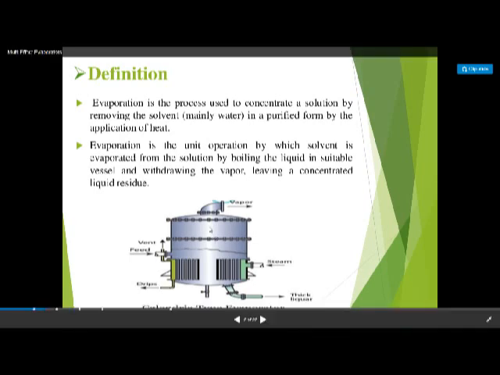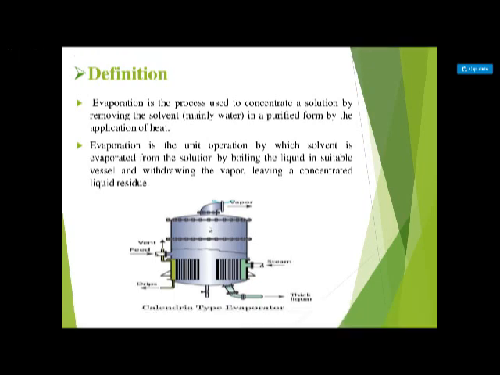So what is the principle of that? The steam which is used in the first effect, the output of that, or the vapors of that first effect, is used as steam for the second one, and again the vapor of the second one is used for the third one. So in this way we are using the steam repeatedly. So there is no wastage of the steam, and therefore it is an economic process.